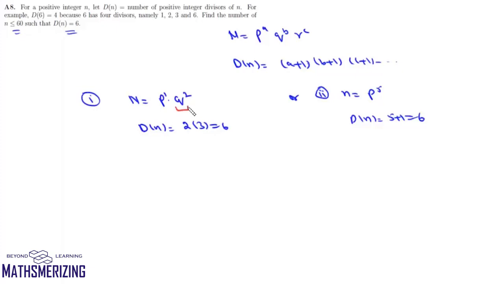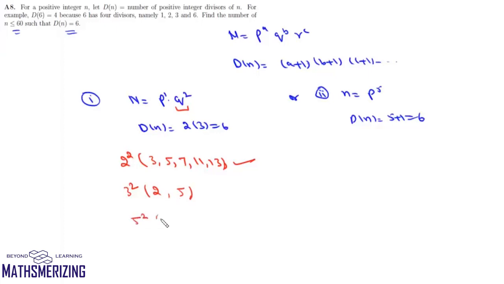Now we'll start with q square. This q square can be 2 square, and then we must have a prime number which is not 2. So here we can have 3, 5, 7, 11, 13, and then 17 into 4 is 68, which is greater than 60. So this is all we have here. Now it could be 3 square. If we have 3 square, then it can be 2, 5. Now we'll take 7. 7 into 9 is 63, which is greater than 60. So it will be 3 square into either 2 or 5.